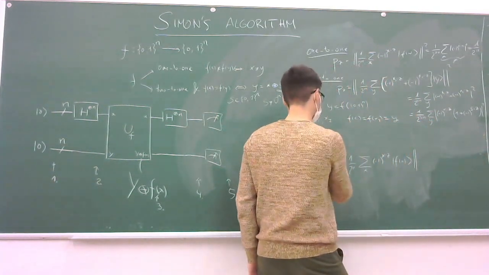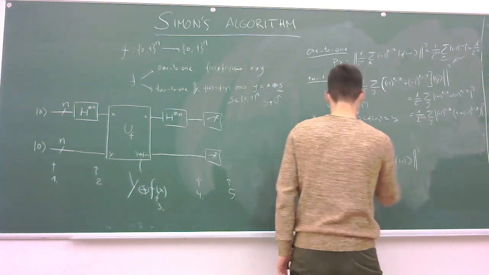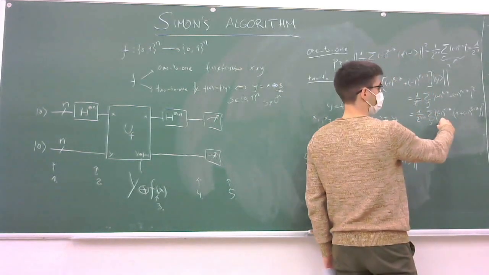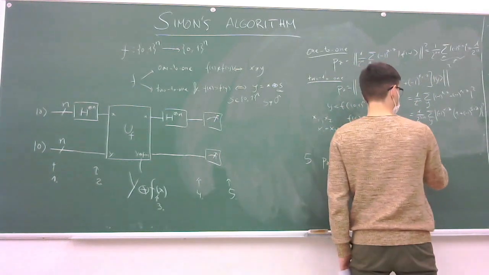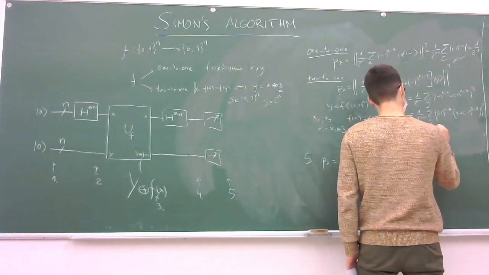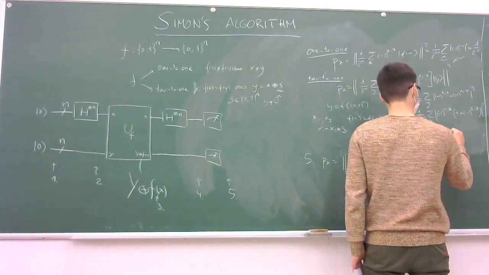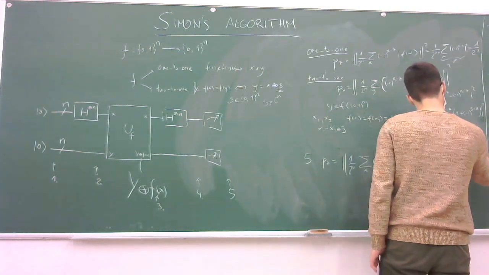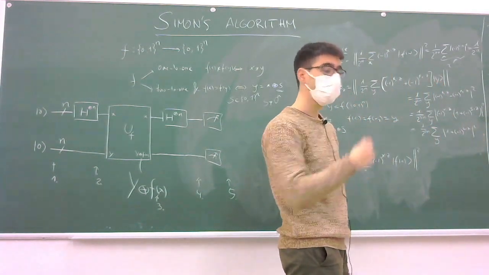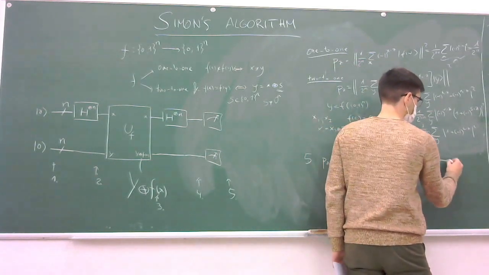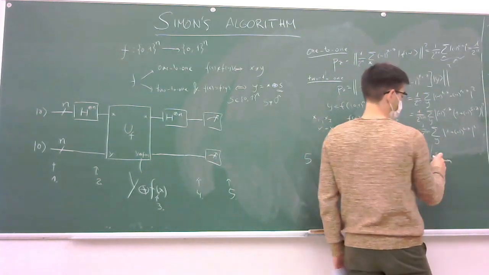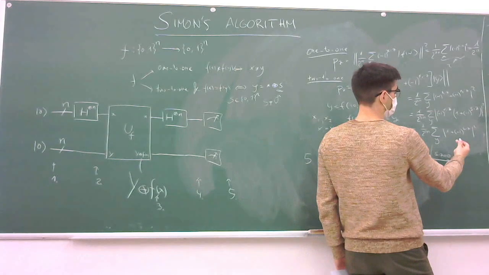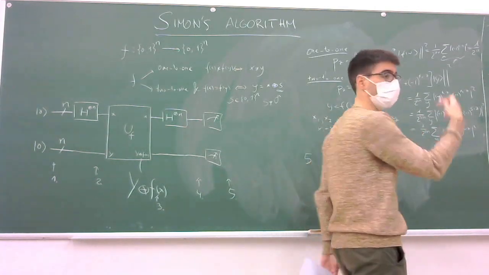Okay, so now that we have this, and this is important, now that we have this, the phase doesn't affect the final result. And here again we have two different options. Either s times z is equal to 0, and in this case, if we add all of the values, as this is half of the size of the space,